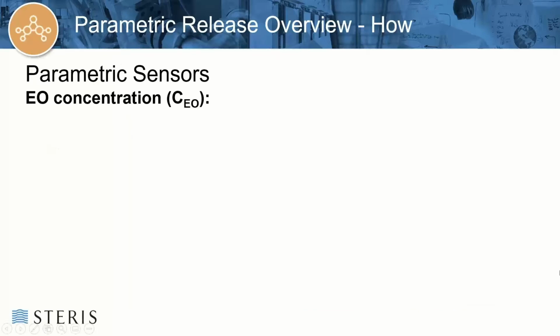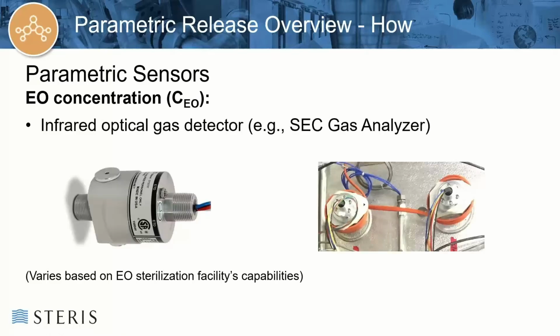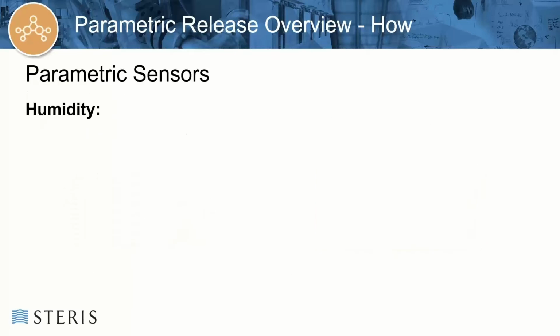Your parametric sensors. For EO concentration, you would have an infrared optical gas detector or a SEC sensor. And this can vary based on the EO sterilization facility's capabilities. For humidity,